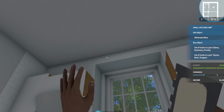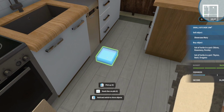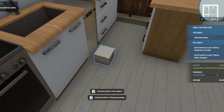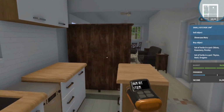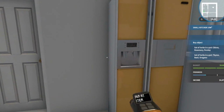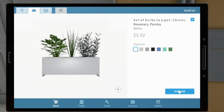And then they said they want us to sell an object, so let's go ahead and actually put this down really quick. And let's sell that. So showcase Mary. Okay. And they want us to buy... Ooh, chives, rosemary, and parsley. So we could go ahead and put...